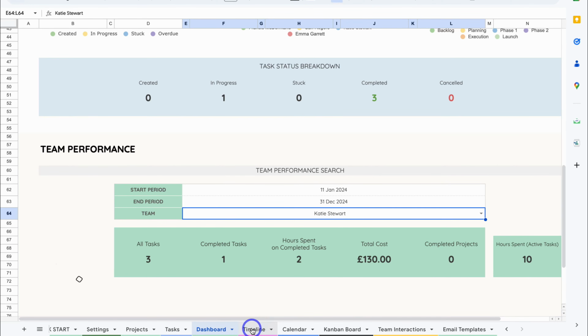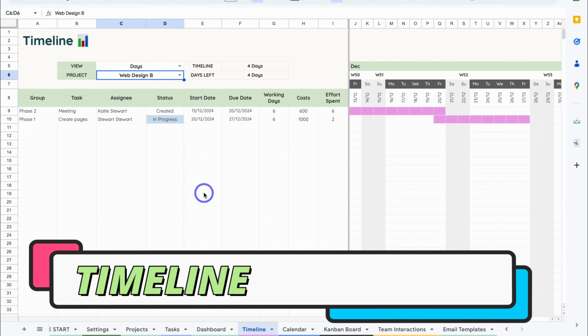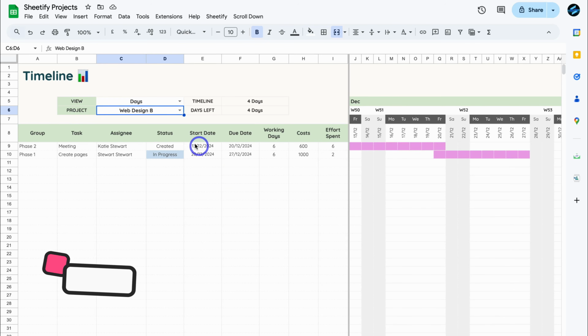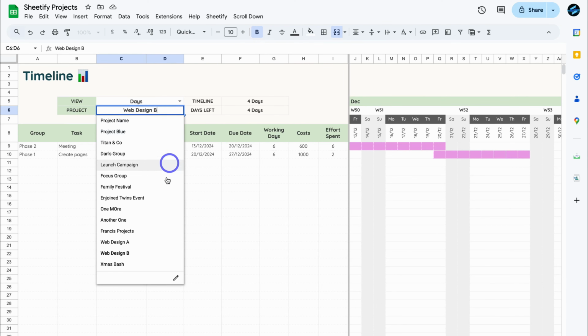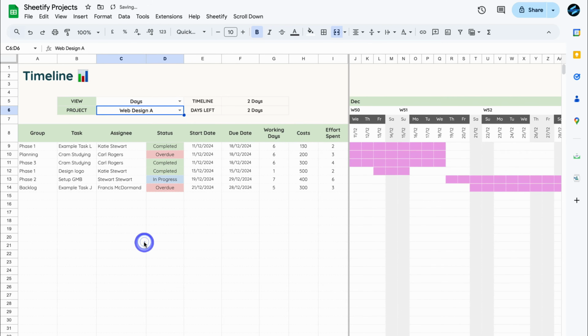Okay, let's navigate over to timeline. Here we can see a visual timeline of our project. For example, let's navigate up to the project, and again navigate down to Web Design A, and you can see the timeline is generated on the right hand side. You can see that this specific project has a timeline of 2 days and only 2 days left. You can also change this to weeks if you like, and down here you can see key task details connected